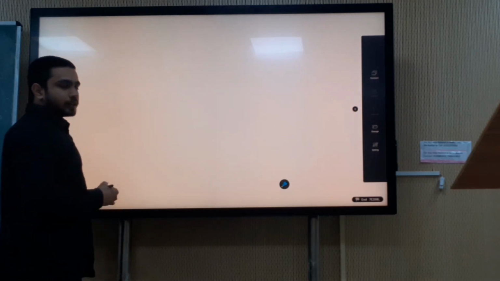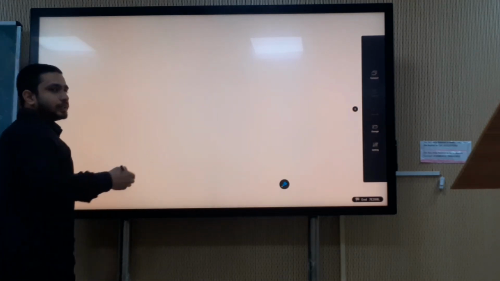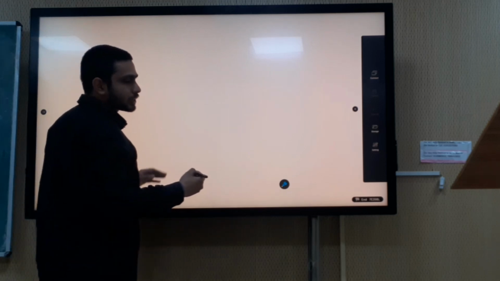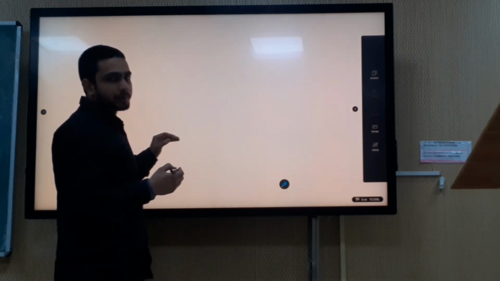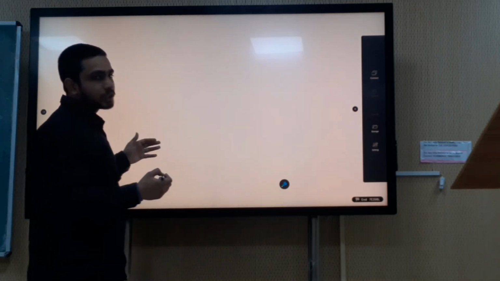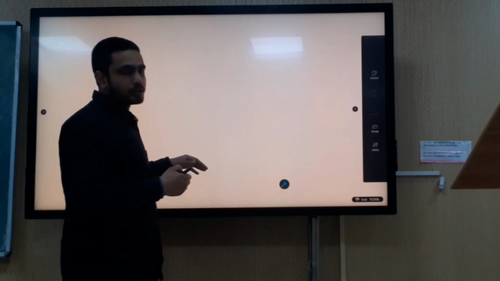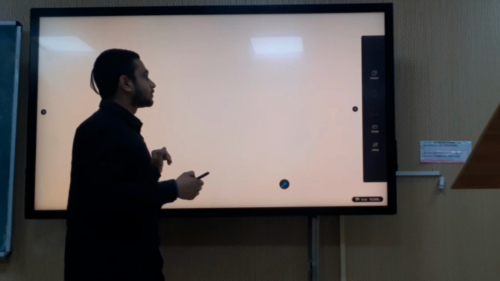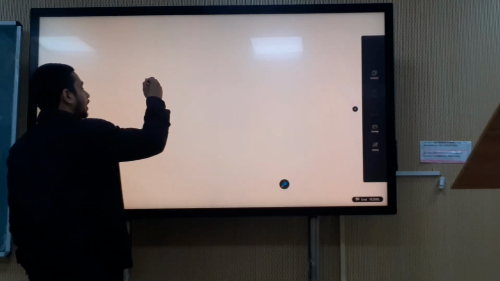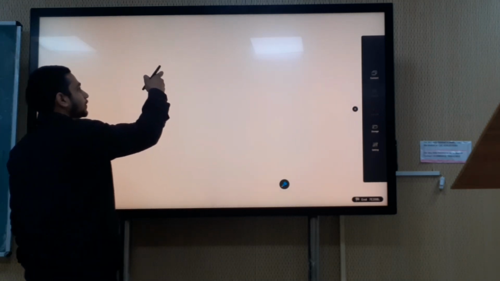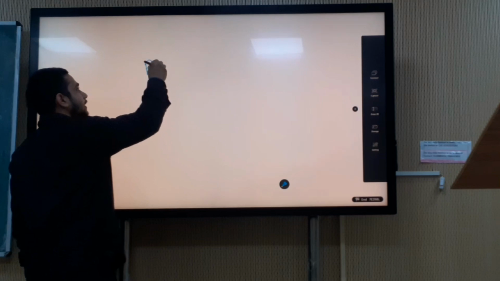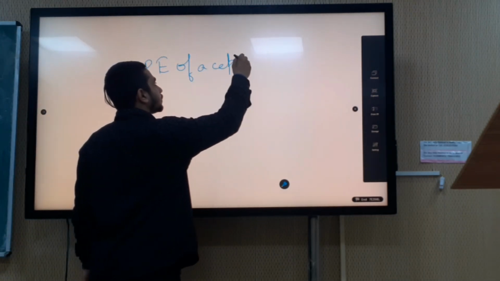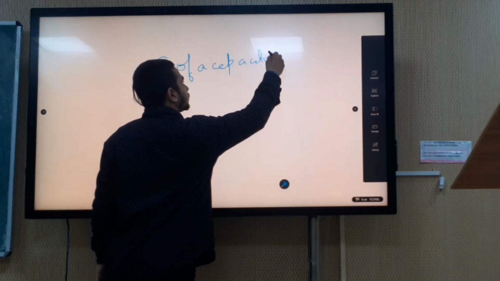So this was the trick. Next we will see what other types of questions can be asked in the capacitor. Firstly, series and parallel arrangement questions can be asked. I told you the trick of converting the capacitor to resistance so you can solve easily. The next thing is how you will find the potential energy of a capacitor system.